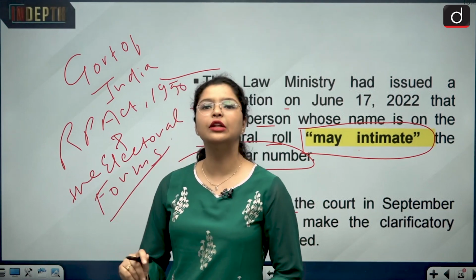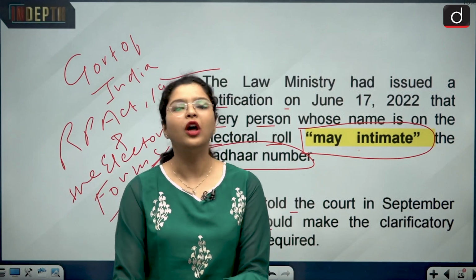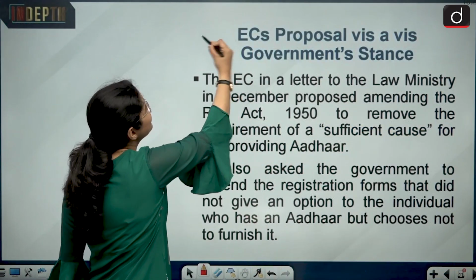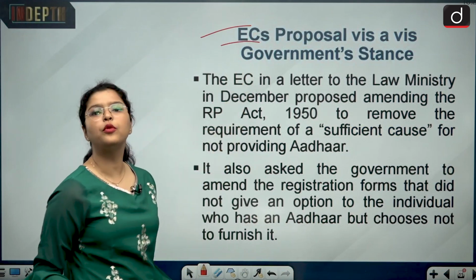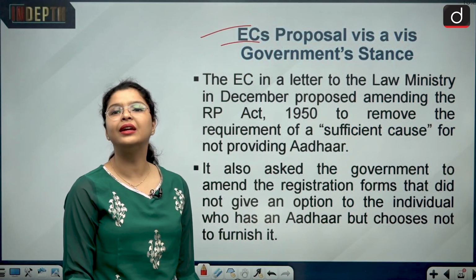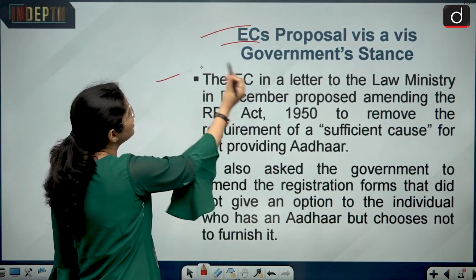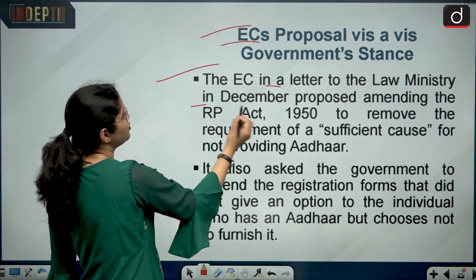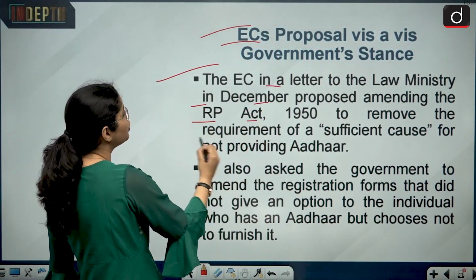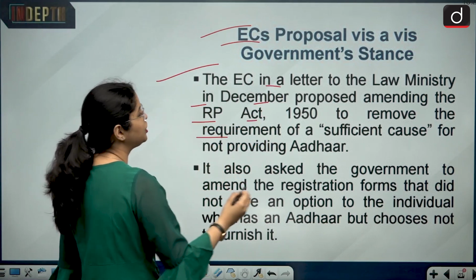or the voter enrollment forms. Now let us examine what exactly is the Election Commission's proposal to the Government of India vis-a-vis the Government of India's stand in this regard. So the Election Commission, in a letter to the Law Ministry in December, proposed amending the RP Act 1950 to remove the requirement of a sufficient cause